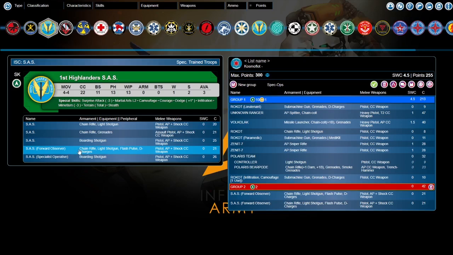Insane. So they have the chain rifle if you want to be able to hit more units, or if you just don't want to shoot because of that abysmal BS 11, you can try to stop your opponent if you happen to be within close range to shoot and you want to challenge their roll. They have the light shotgun letting you shoot on 17s, and they can even hit out to 24 inches on a Whip 13 with their flash pulse. And along with having decharges, so there's